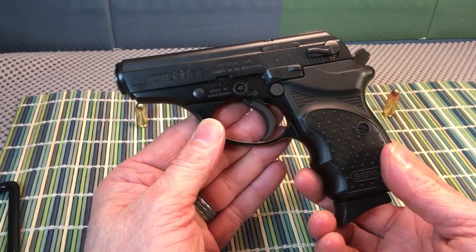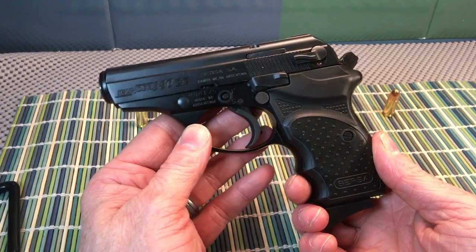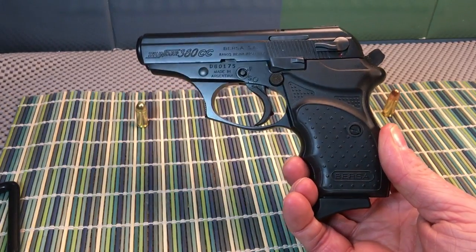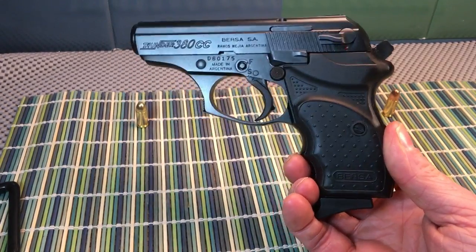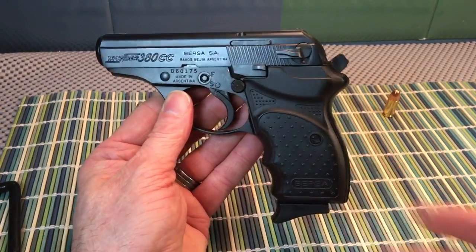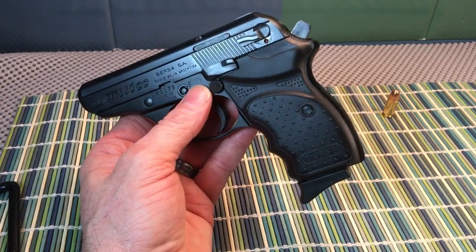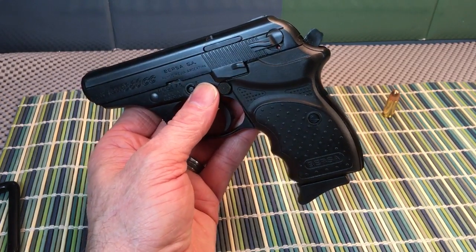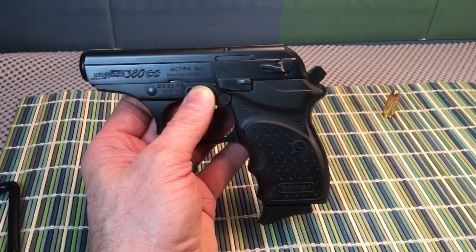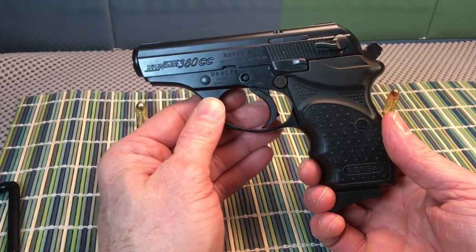So if you've got the Ruger LCP, for example, which is a lot smaller, it's about 10 ounces, I think, 11 ounces or something like that. It is a lot harder to shoot the 380 ACP with those. And most of your pistols that shoot 380 ACP tend to be in that size format. The mouse guns, the very small ones, your Smith & Wesson M&P Bodyguard 380s, Taurus TCP, they handle the 380